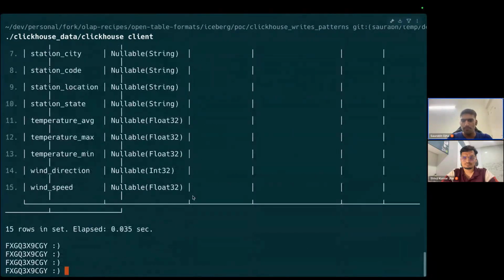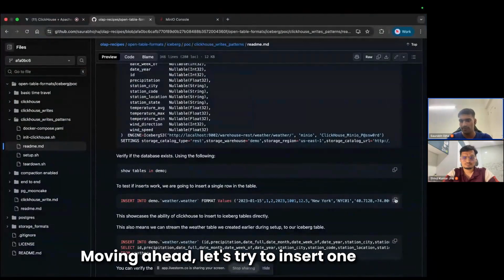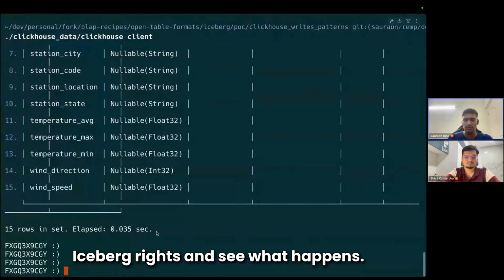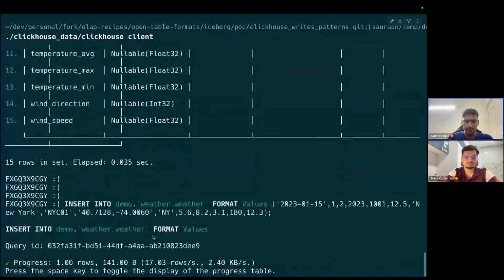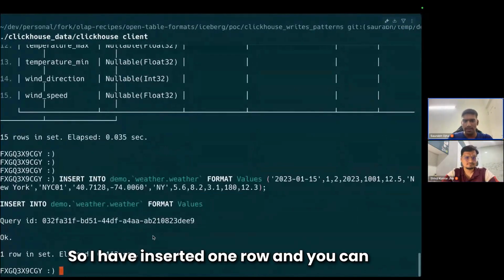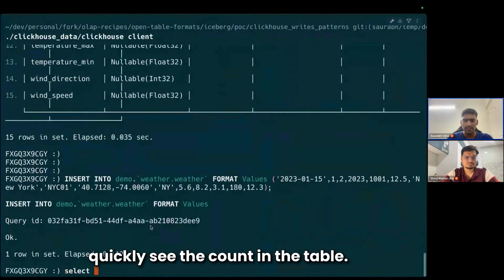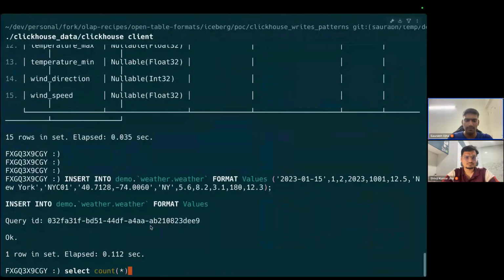Moving ahead, let's try to insert one row into this table through ClickHouse Iceberg Writes and see what happens. So I have inserted one row, and you can quickly see the count in the table.